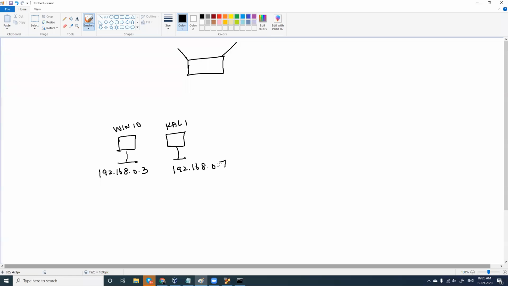Yes, I have two computers connected now, and probably in your network you can have a lot of different computers, or if this is a corporate network, under the switch you have like 100 computers connected.